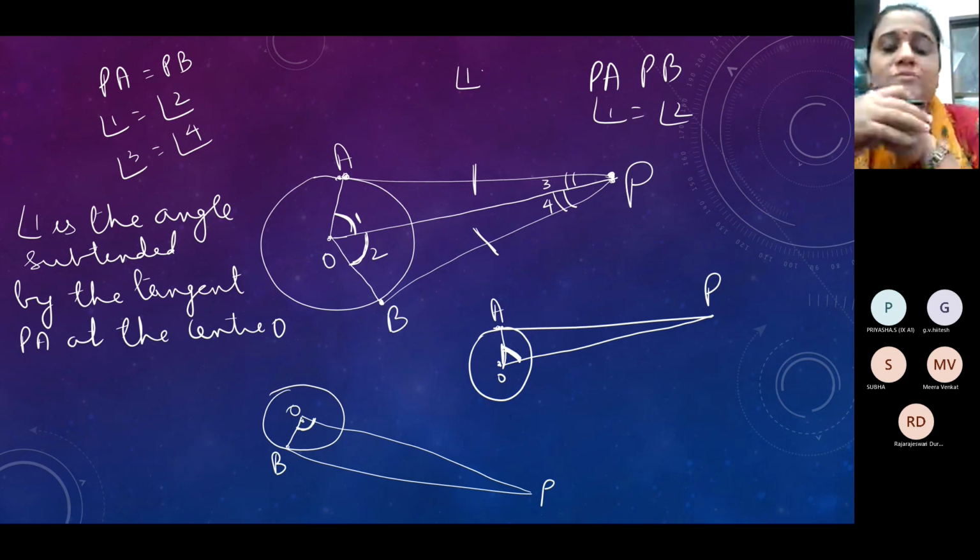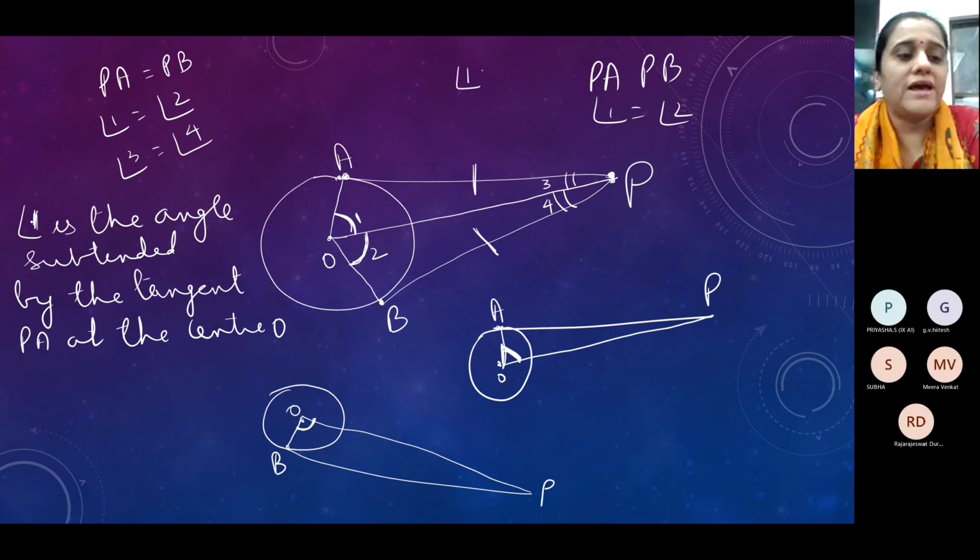Children, if you want to make a note of something, you can do it. If you want to draw this figure and write down this angle 1 is the angle subtended by